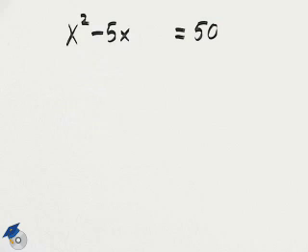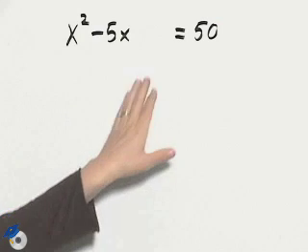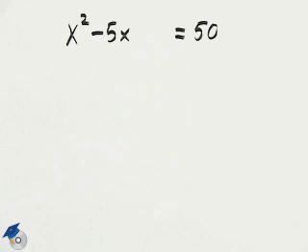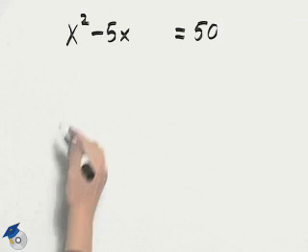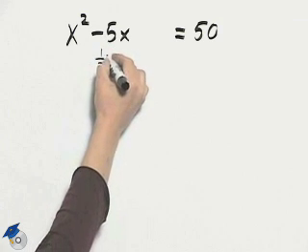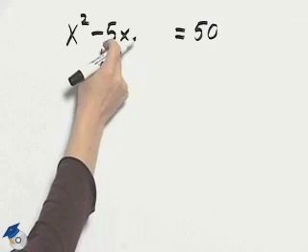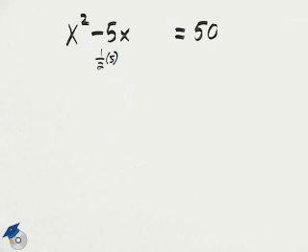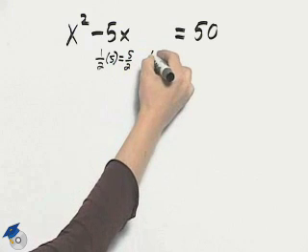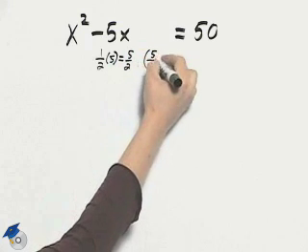We're going to solve this problem by completing the square. You'll notice that I left a space here between 5x and the equal sign so that I can complete the square. Now the process of completing the square is to take 1/2 times the coefficient of the x term, and that gives us 5/2,